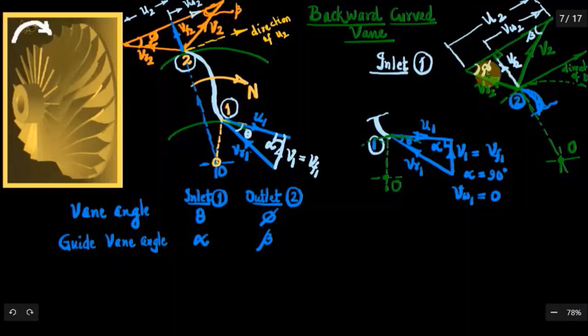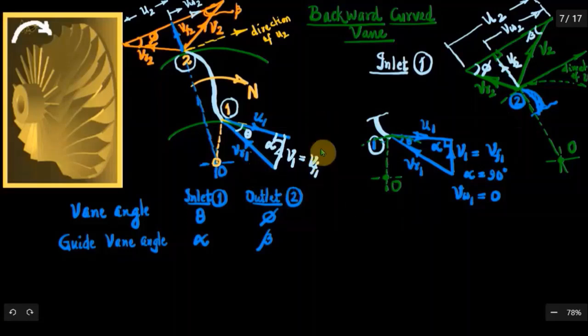Either you take sin phi, tan phi, or suitable trigonometric relations, you can of course find out the other components. But in this problem, we require VR2, we require V2, and these values all. We know these values. That's why I am telling you VW2 especially, and VF1 and VF2. See, there is a comment. In usual cases, VF1, the velocity of flow at inlet, and VF2, the velocity of flow at outlet, you can consider them to be equal unless otherwise specified. So VF1 and VF2 can be equal.